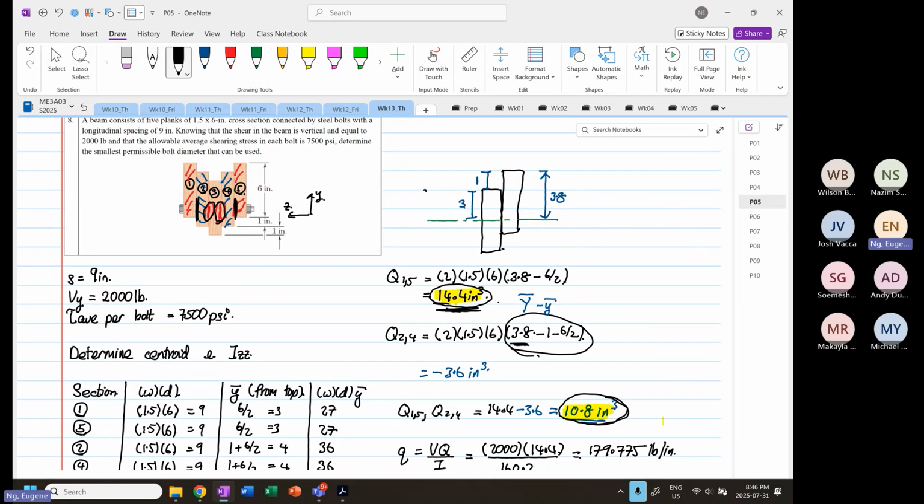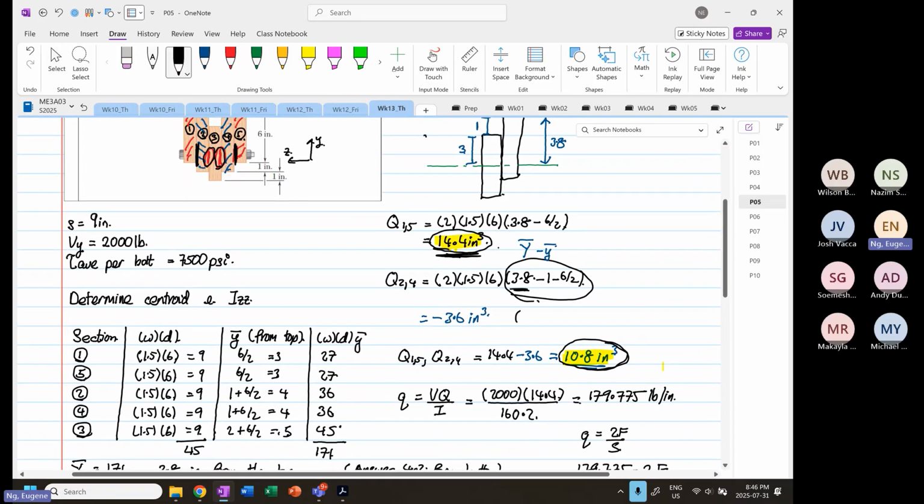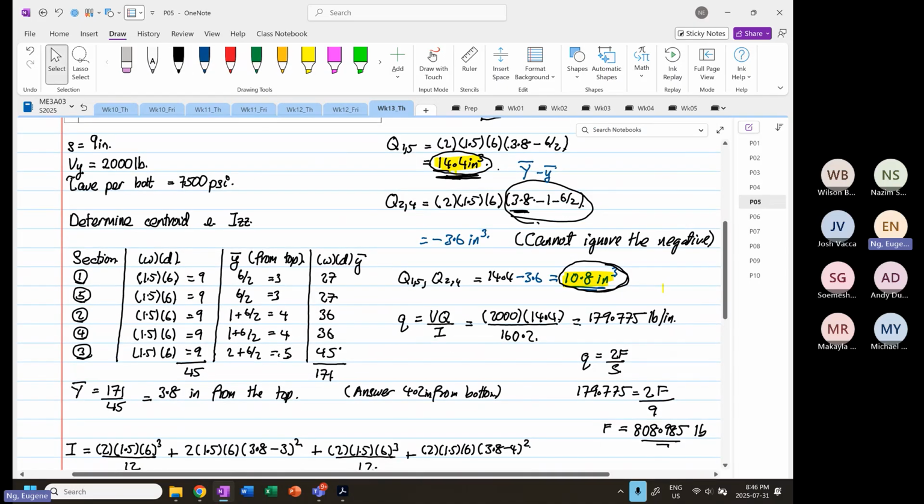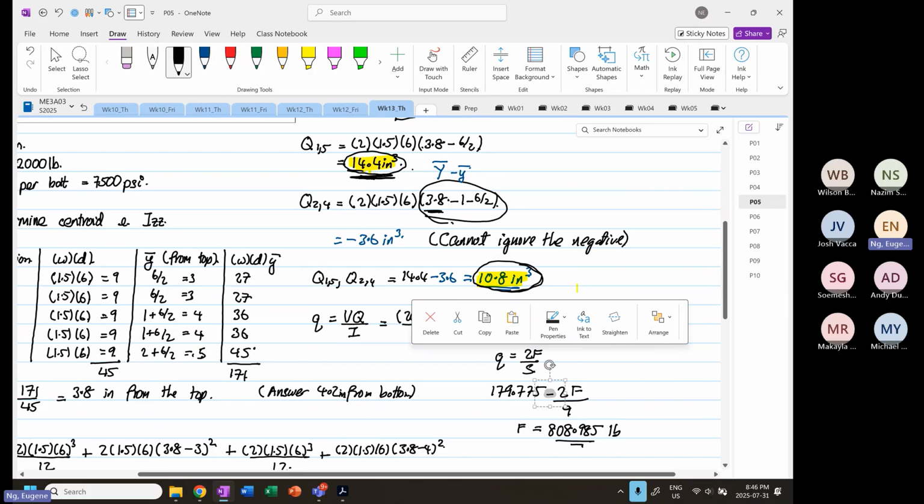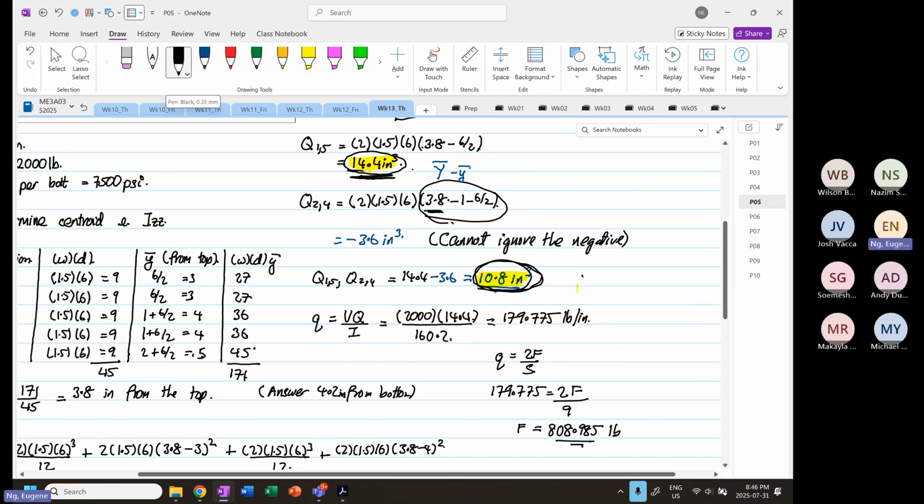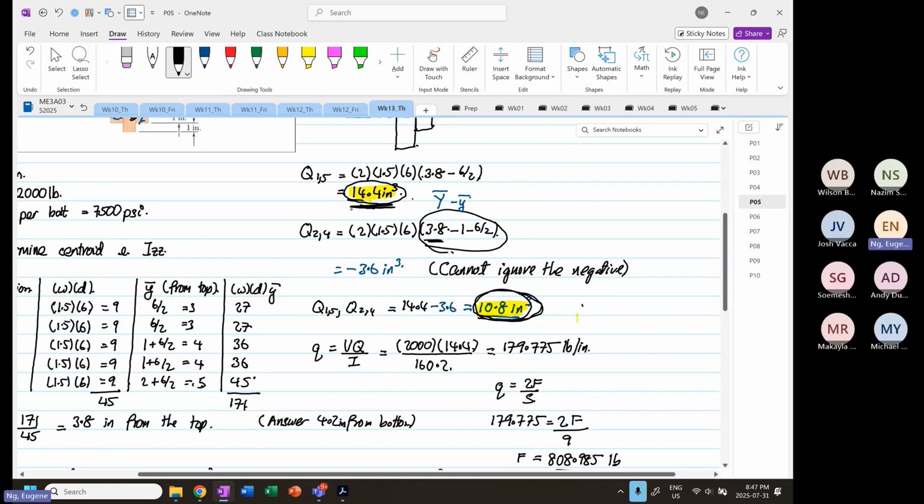This is equal to 14.4. I will write down here, cannot ignore the negative. This is the first time I've seen this. And then when I take the Q15 and Q24, the value is equal to 10.8, which is smaller. So you have to use the biggest